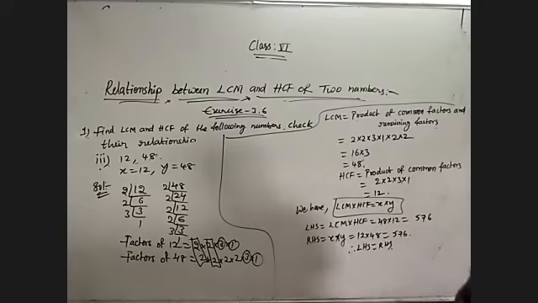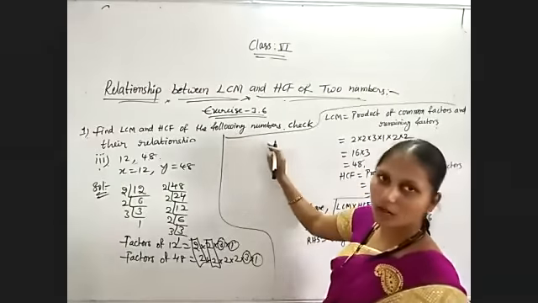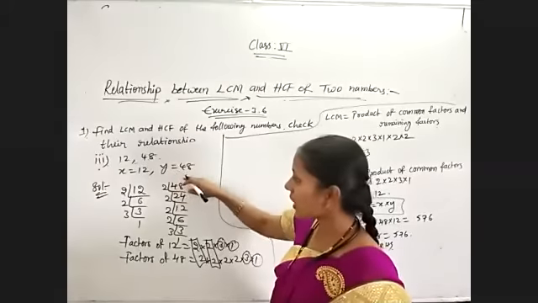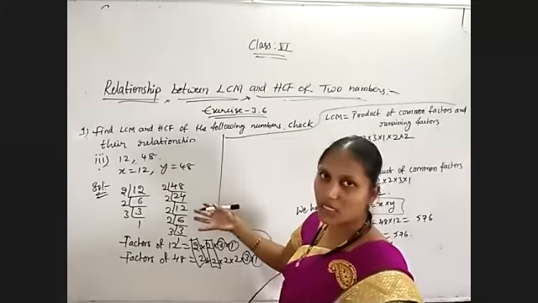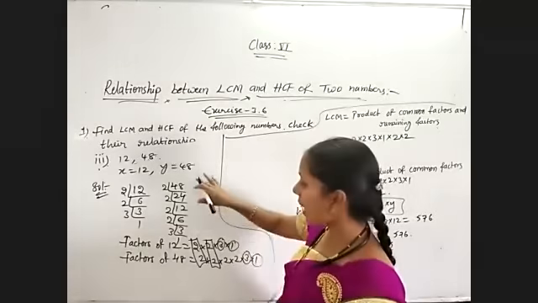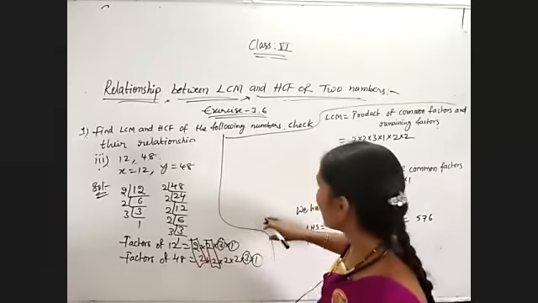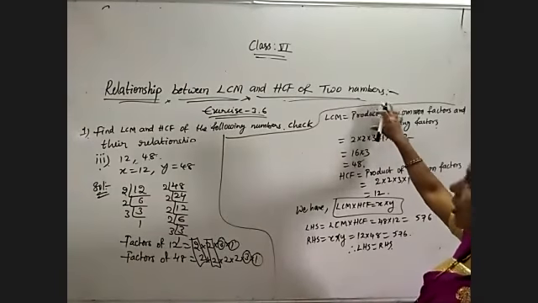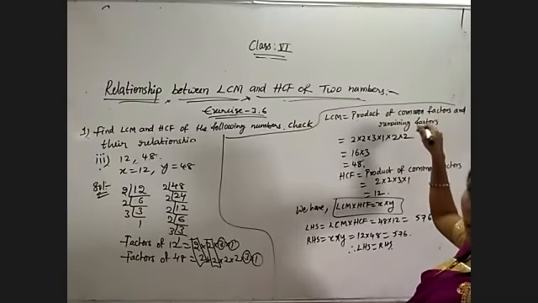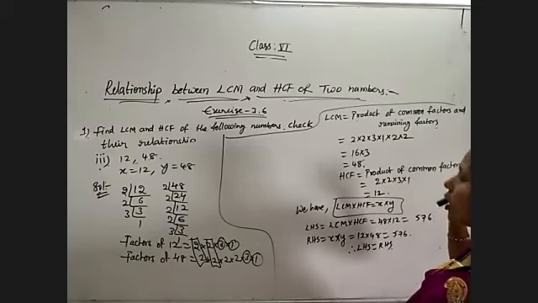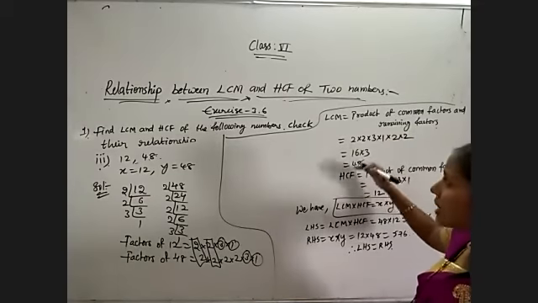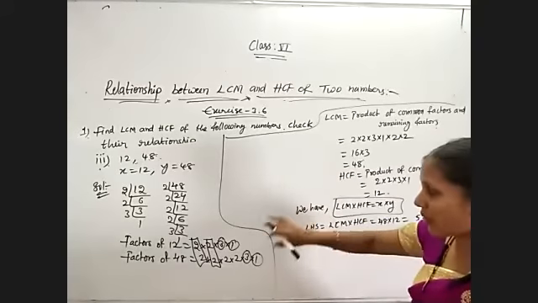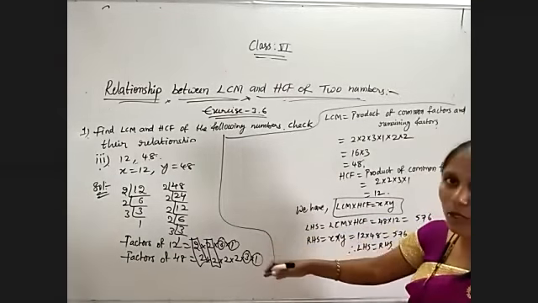Okay. So whenever you get a question like this, first of all read the question carefully. They are asking to find out LCM and HCF of the given numbers. To find LCM and HCF, choosing the prime factorization method or the division method is your wish. I have used the prime factorization method because up to here we get the same solution. Only the change is in the formula. LCM is equal to the product of the common factors and remaining factors. HCF is the product of the common factors. Only that change we get in LCM and HCF in the prime factorization method. For that sake, I am using this method. If you want to use the division method, no problem.